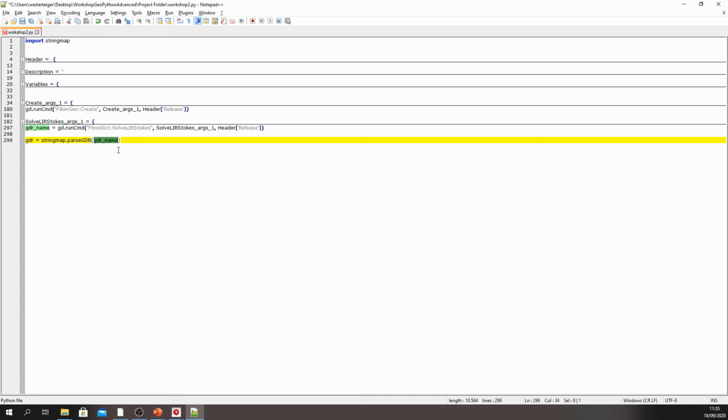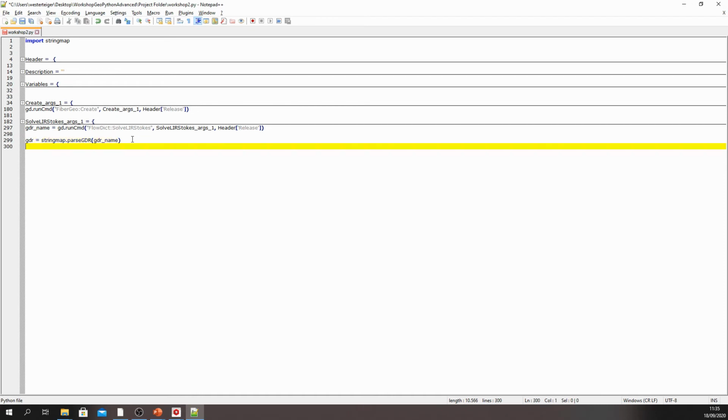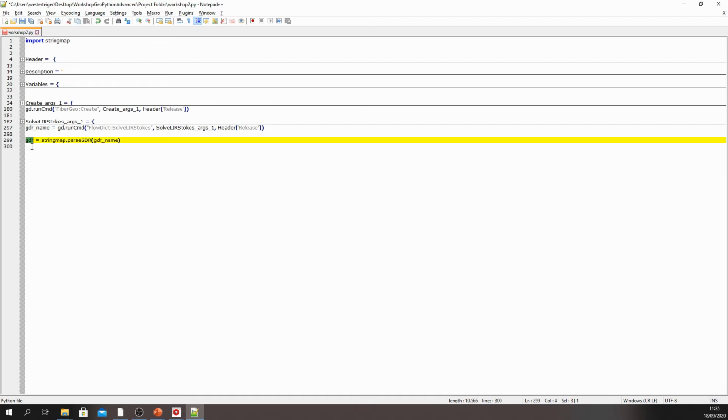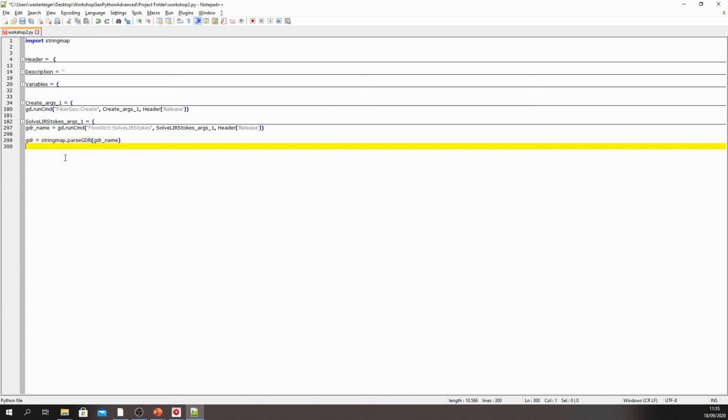The file is given by name. It opens that file and extracts all the information in kind of a dictionary object, which is then returned and named gdr here. So inside this object gdr, after this line, we will find all the information contained in the gdr file. Now next, we want to actually fetch the permeability value from that file.